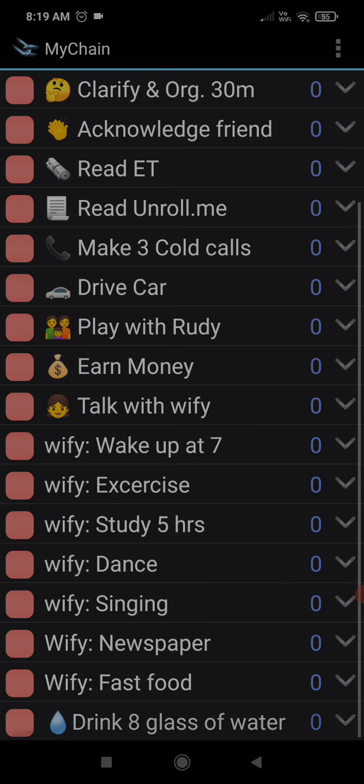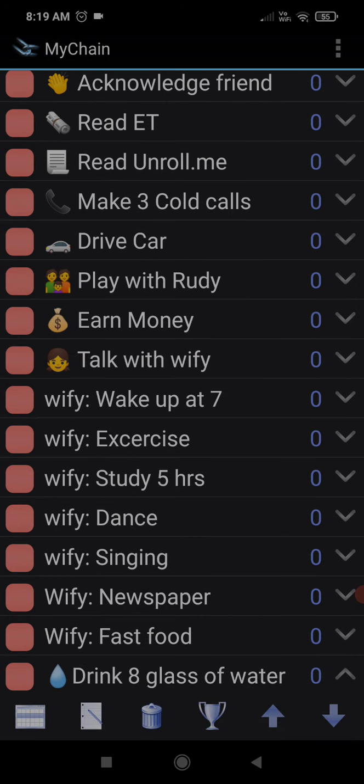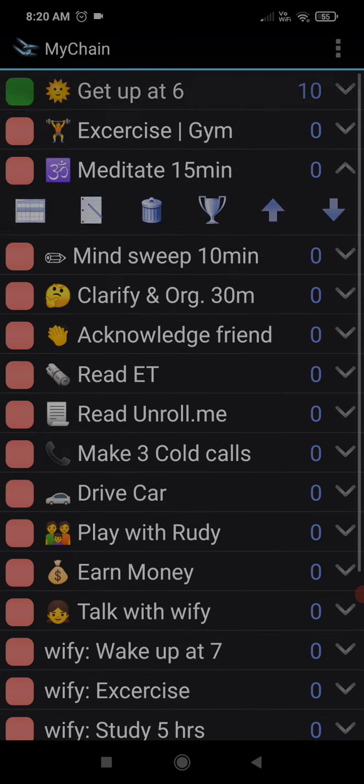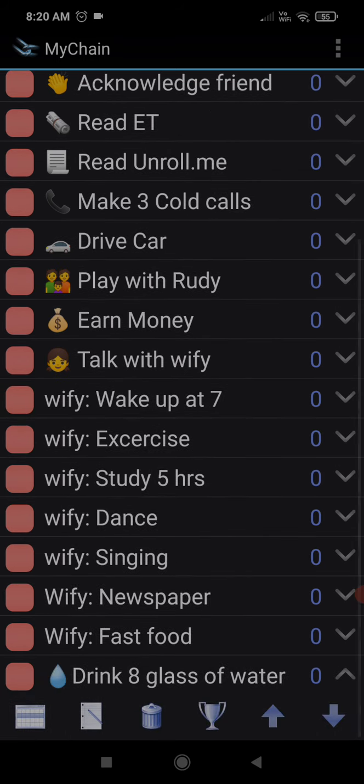and where did it go? It would be on the bottom. If you see on the bottom, there is this drink 8 glass of water which has come. You can click on up arrow or down arrow to move it up and down, if you need. So this is how you can keep on adding your habits. While you are here, you can also see with the bottom arrow button, which is on the left side of each of the chains,